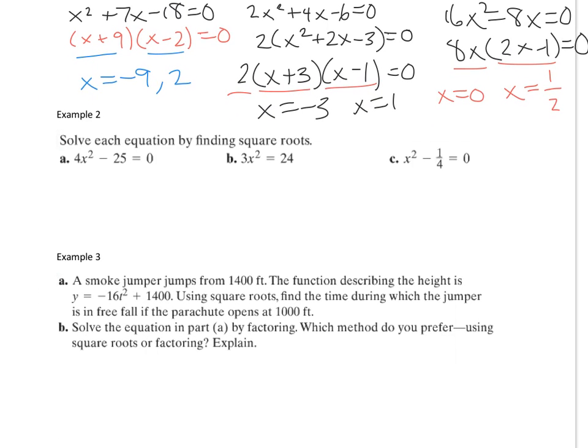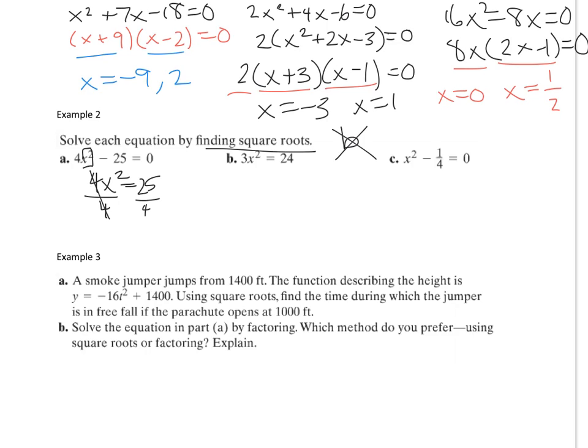Next, solving by finding square roots. The only way you can solve by square roots is if there's not a b term, so there's not a term that has only x in it. What you're going to do is get x squared by itself. So you're going to add 25, then divide by 4,